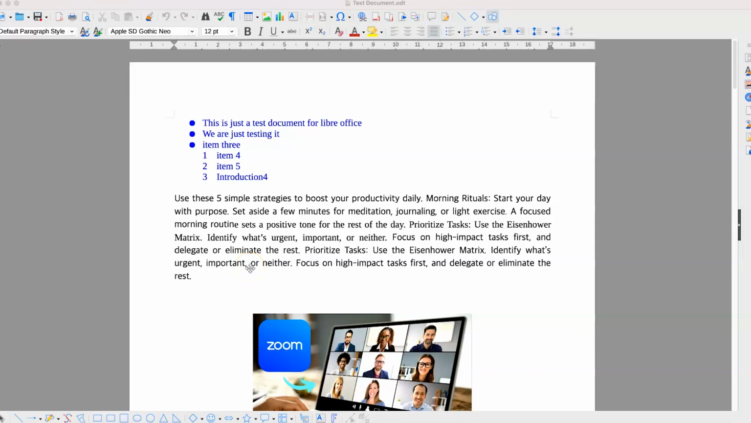Hello and welcome back. In this class, we are going to learn how to add a watermark and remove a watermark